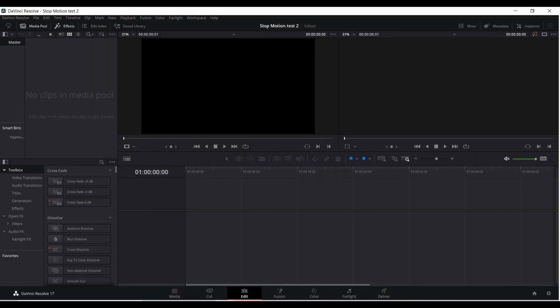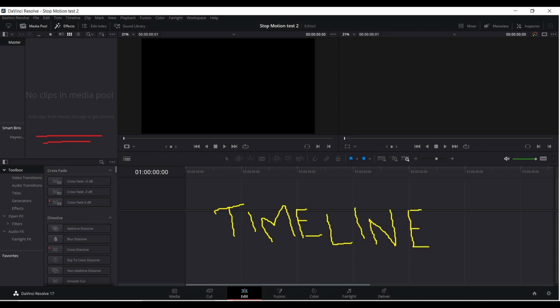So many things to click on. Don't worry, we're not using most of it. There are a huge amount of options and features, and it's okay to ignore almost all of them right now. We can see the words "No Clips in Media Pool" underlined in red. That's the media pool. The content we use to make our videos, including pictures, video clips, and even sound files,